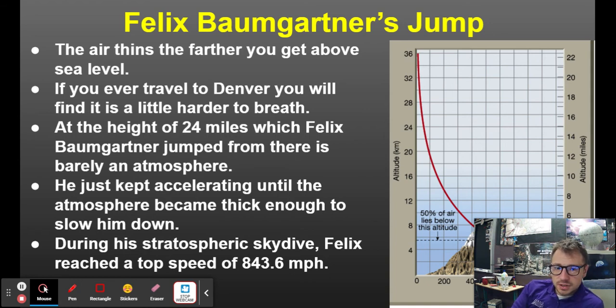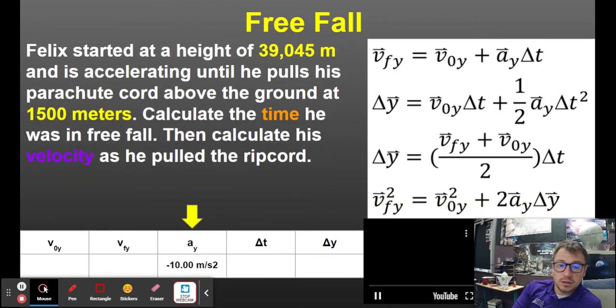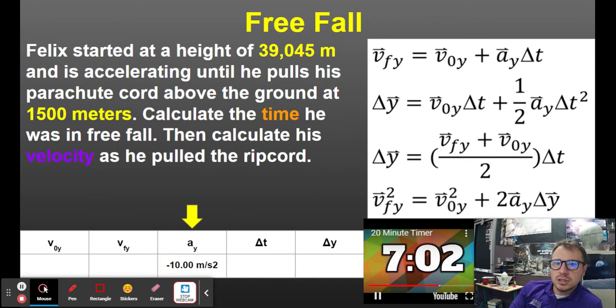During the stratospheric dive, Felix reached a top speed of 843.6 miles per hour. To put that in perspective, the speed of sound in air is close to 700, I think it's 767. It varies depending on temperature and altitude, but he was falling faster than what we consider the speed of sound because the air was so thin. It limited his terminal velocity. So let's look at